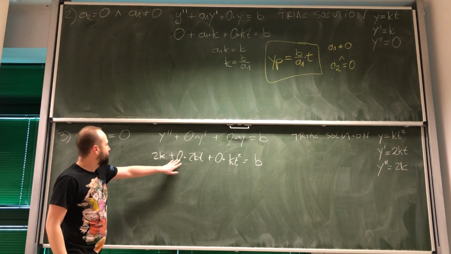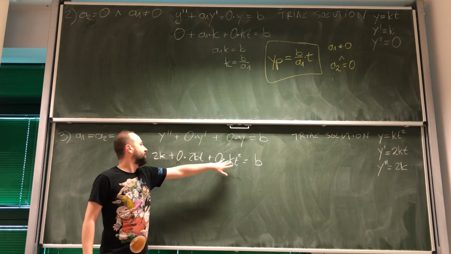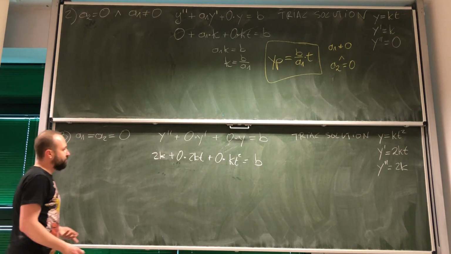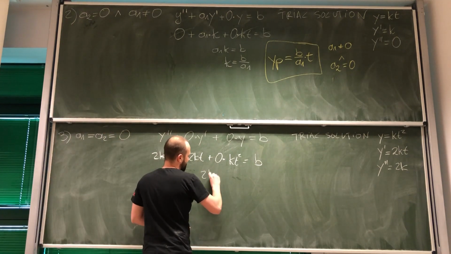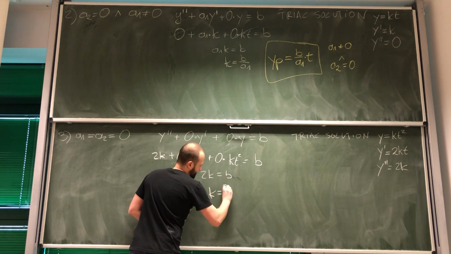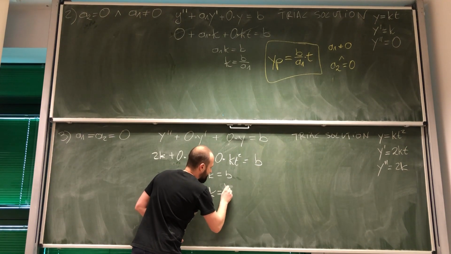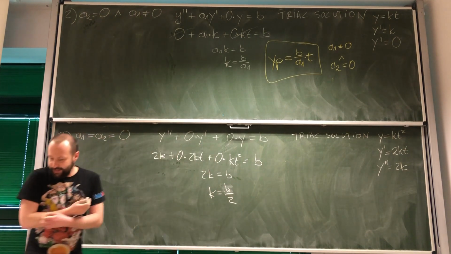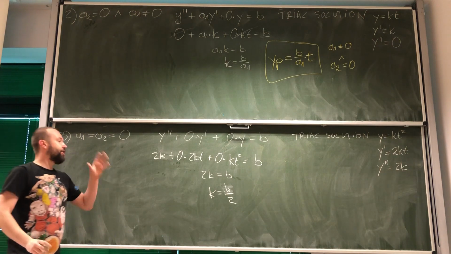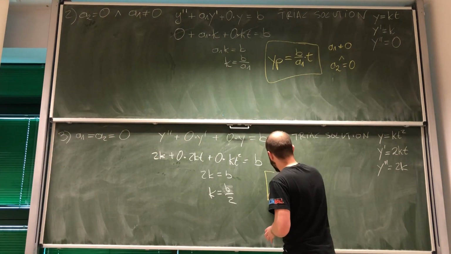Again, those two don't matter, right? They're out of the picture. So we've got 2k equals b, or k equals b over 2. And this is how we get our third possible solution,